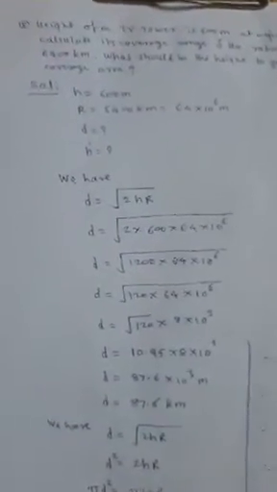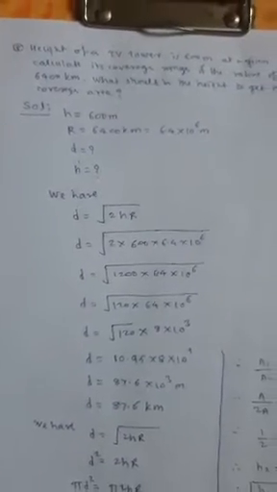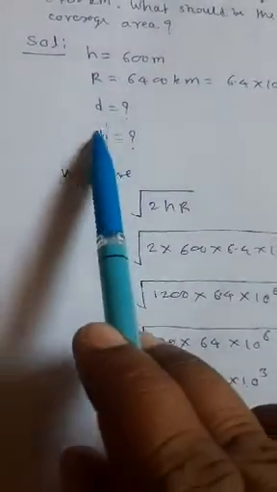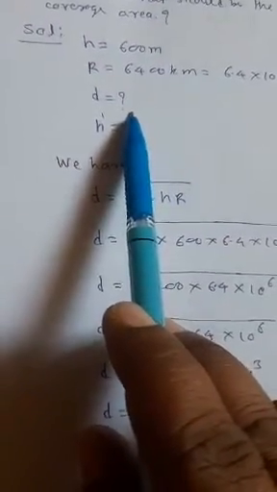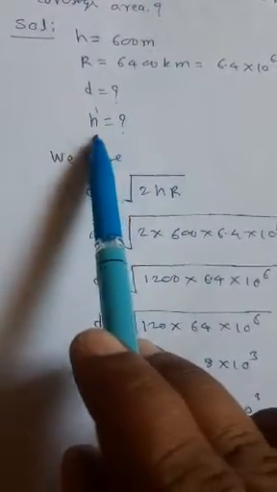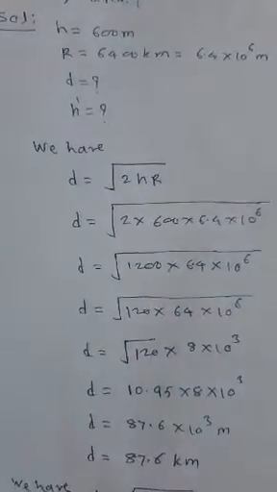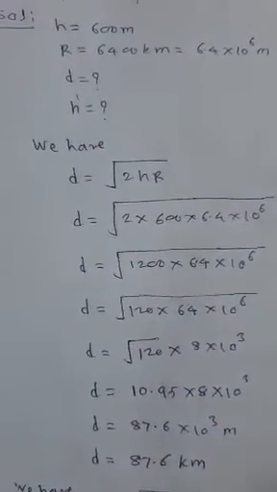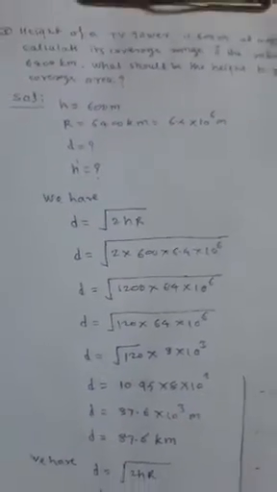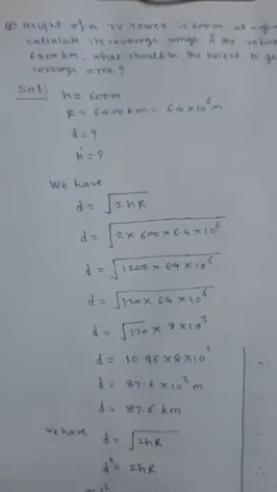We have to determine the range. Calculate its coverage range. Coverage range means distance. We have to determine the maximum distance up to which this signal can reach. And we have to again determine the height of the antenna. What should be the height of the antenna in order to double the range? What should be the height of antenna in order to double the area covered by the antenna? In order to double the area,